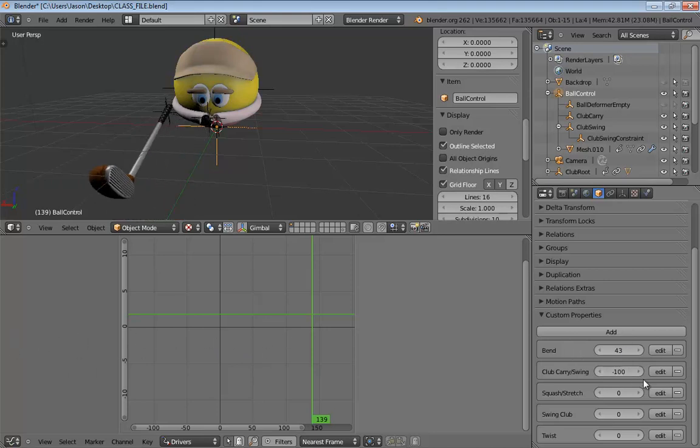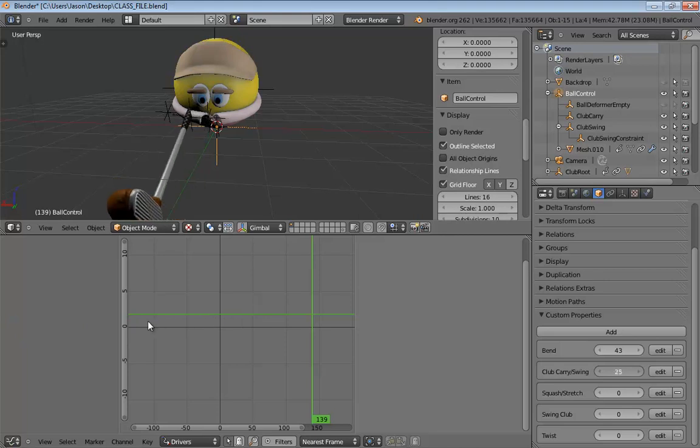And yes, I realize going from -100 to +100 is a bit lengthy for this process. But again, it did make it really easy for everybody to set up your controls exactly the same way. Now, for those of you who are thinking, well, is it a problem that the club kind of passes right through the character? In our case, no, we're not going to stress that.